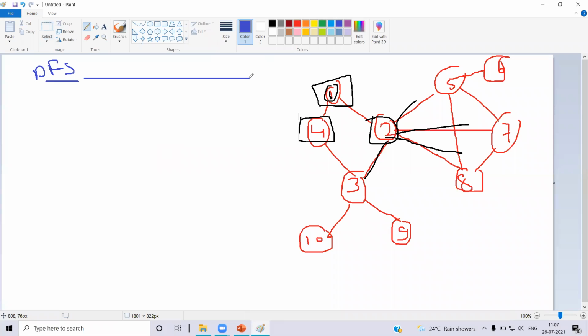So this one will give me the result, and I have to use a stack over here.